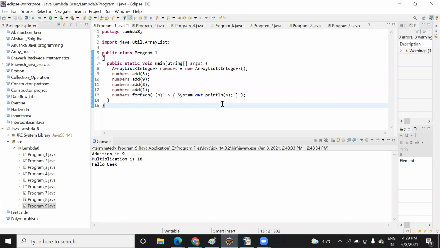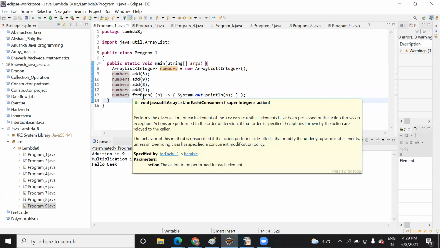Yes, so the Java lambda expression is an anonymous function. And what do you mean by this anonymous function? Anonymous function in the sense you don't need to give a name to the function, and it makes your expression easier. You can see it here. You don't need to create a for loop separately, right? Here what you are doing is just calling the name of a variable, and into that variable itself